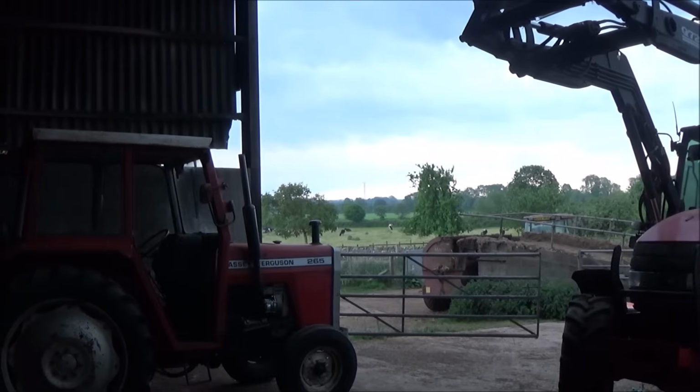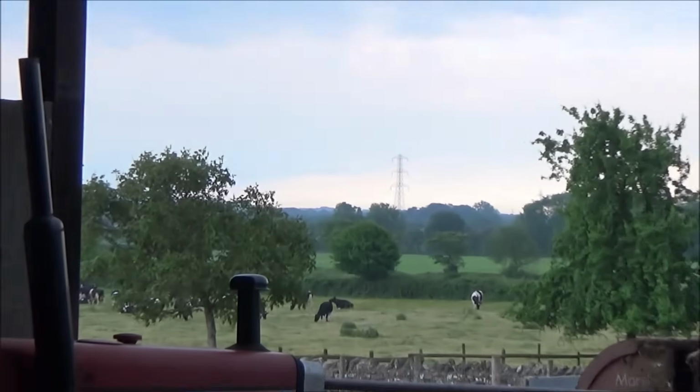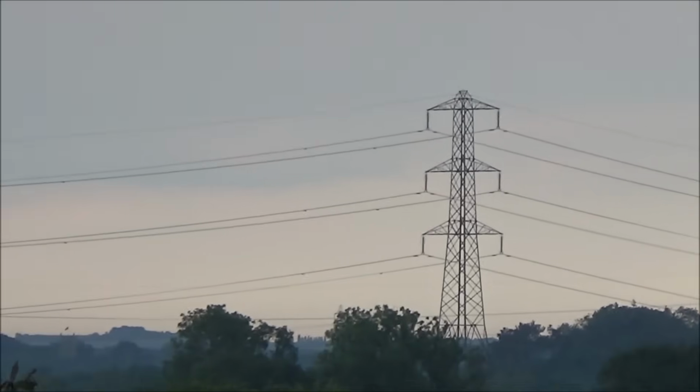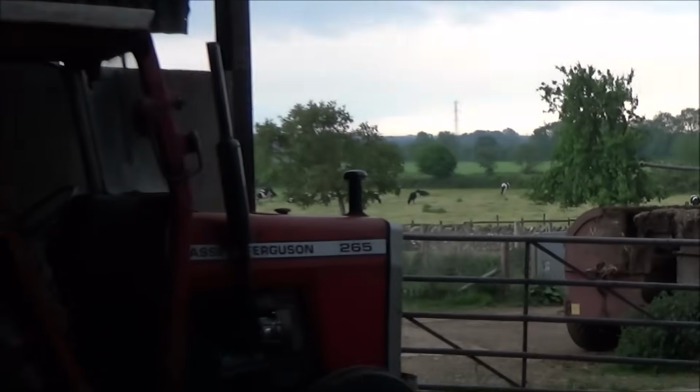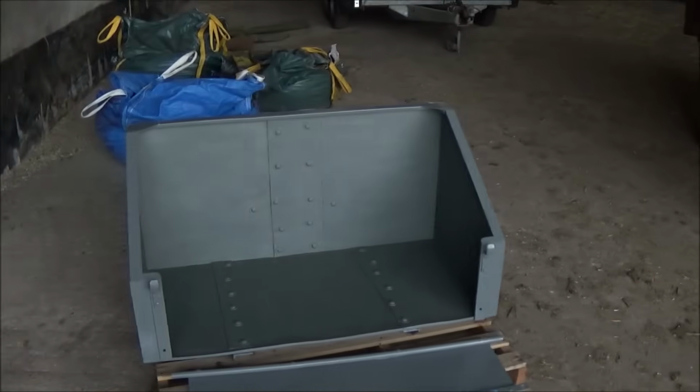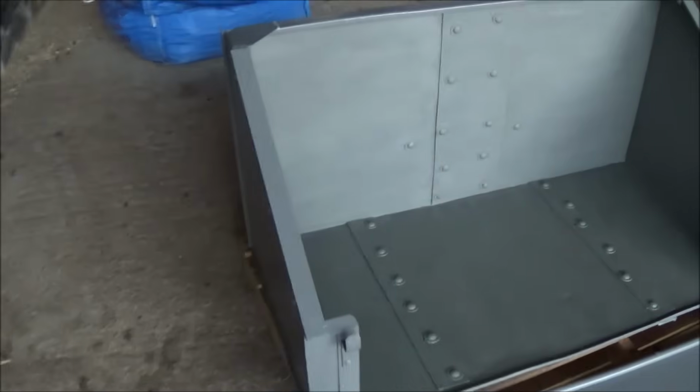In the middle of there, that's Pylon paint. I love it, Pylon paint. The stuff they used to paint that pylon over there, and ones on our farm. It's like a very strong hammerite, like an industrial hammerite, and you can see it here. It's probably still drying. It's like a matte coat,